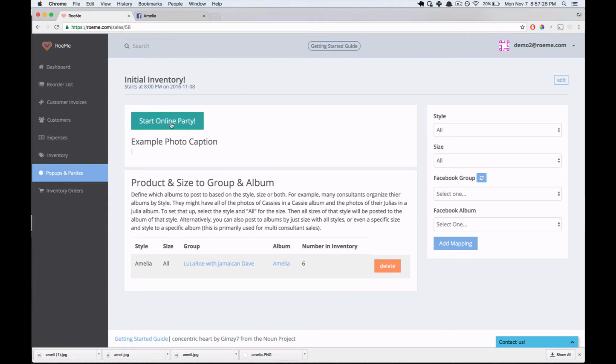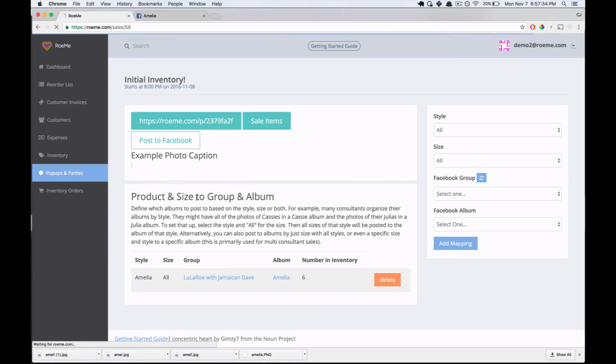Okay, so here you only have to do that per style or per size, so that makes it pretty easy. Okay, we'll click Start Online Party. That's going to build our sale items. That doesn't actually start the Facebook yet, but we can now go to romy.com